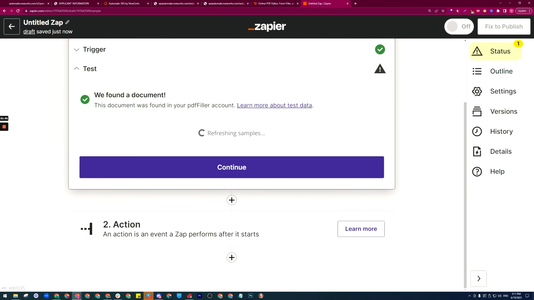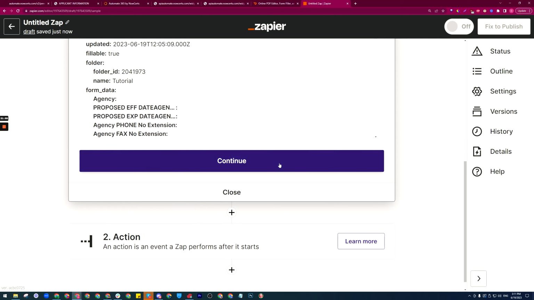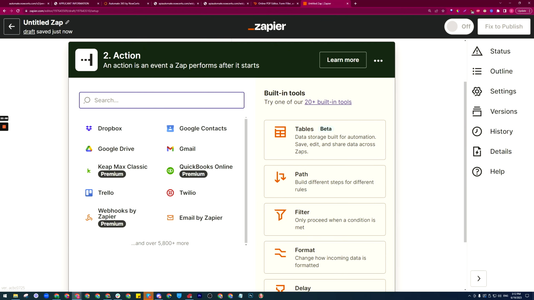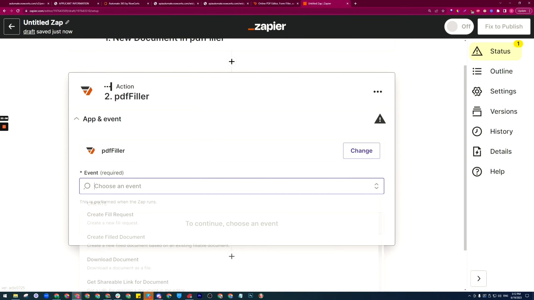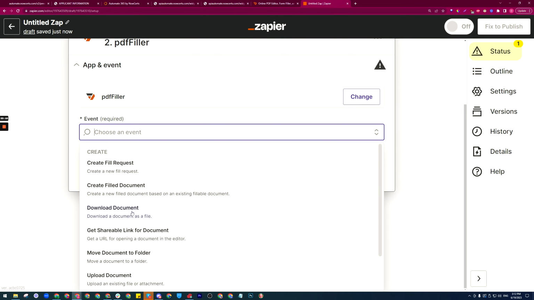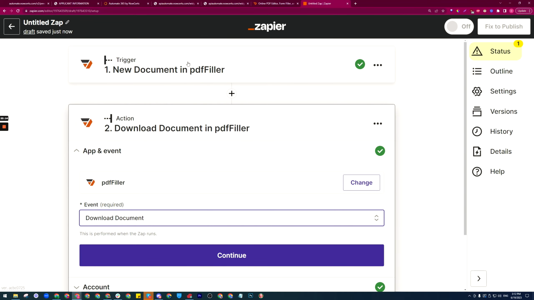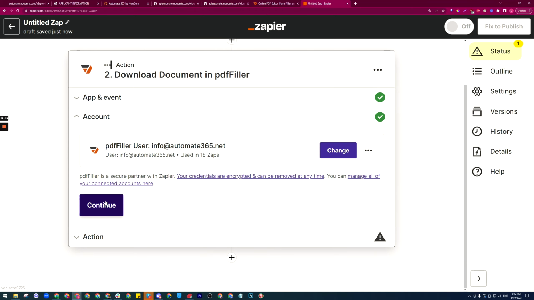So we'll test that trigger. It will look for documents in the folder. It found some documents. We hit continue, and over here what we want to do is search for PDF filler again, and now we need to download the document the first action, the first trigger actually found. So we'll hit continue, continue,